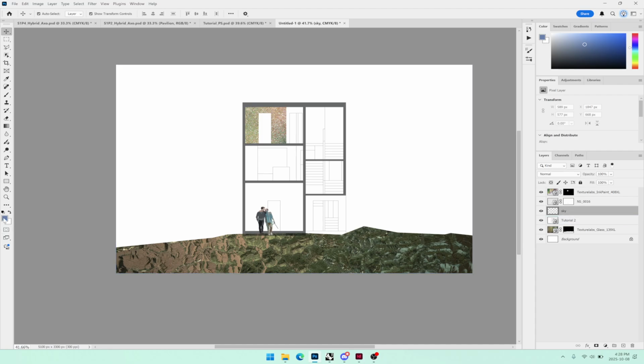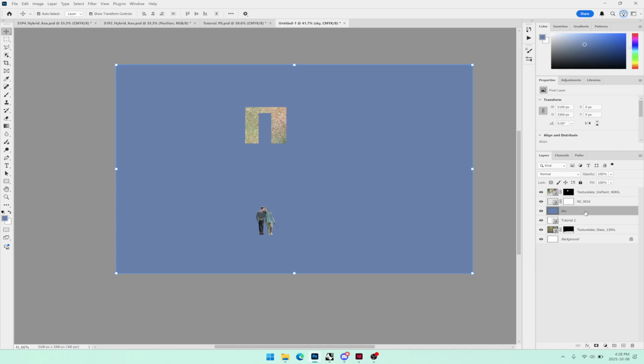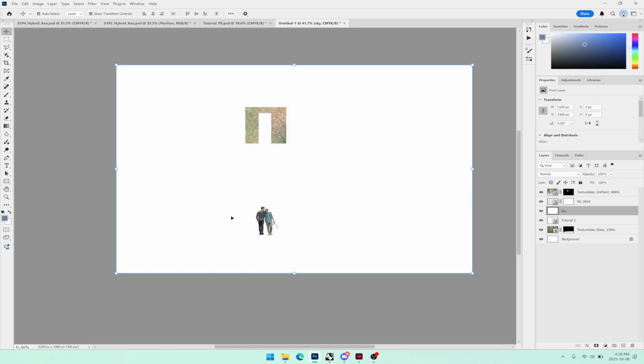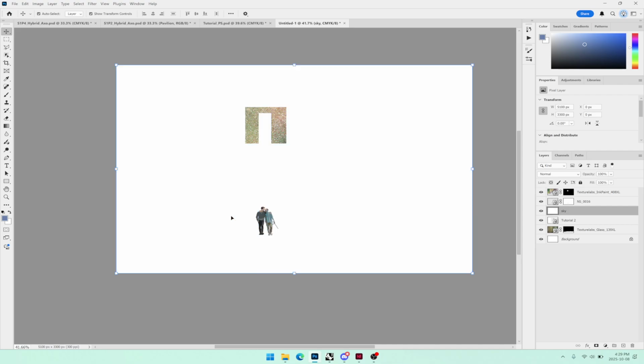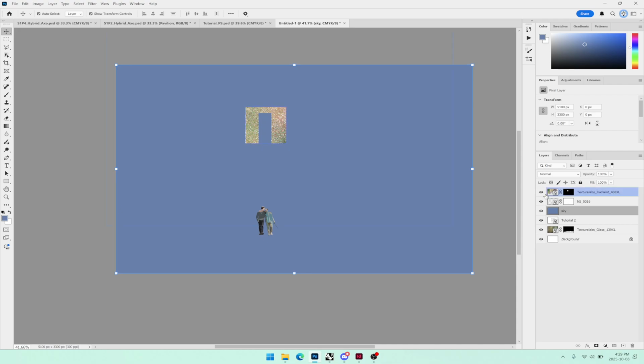So if I have this color selected, I press Alt and Delete. It will fill whatever layer I have with my foreground color. If I want to fill it with my secondary color, this white, I hold Control backspace, and then Alt backspace for the foreground, Control backspace for the background. So I want the sky,